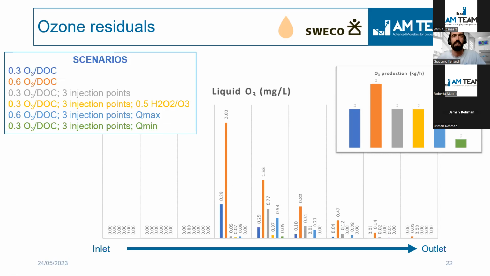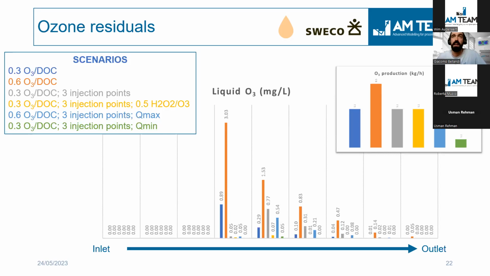What you can see here, in a nutshell and without going into much detail, is that the highest dosage of ozone, if it's dosed in one column, gives the highest local ozone concentration, which is then depleted along the installation, right? When we explore the same dose at the maximum flow but across 3 injection points, the local ozone concentration is distributed across the whole installation, and then you locally reduce the amount of ozone